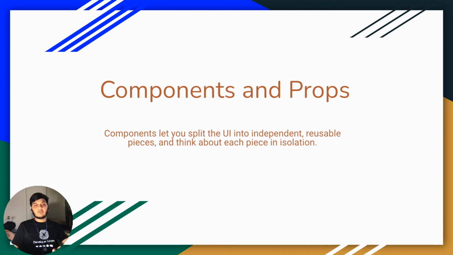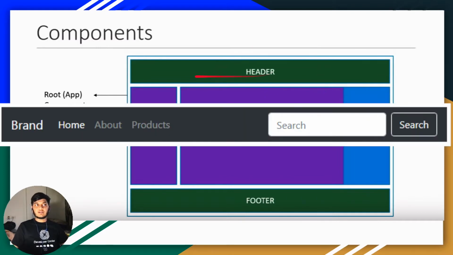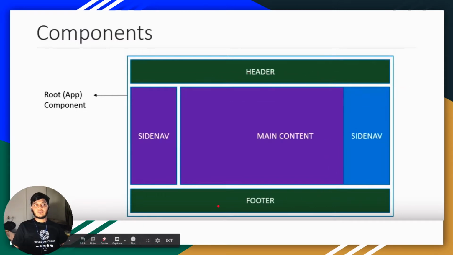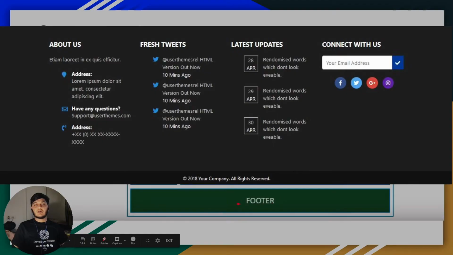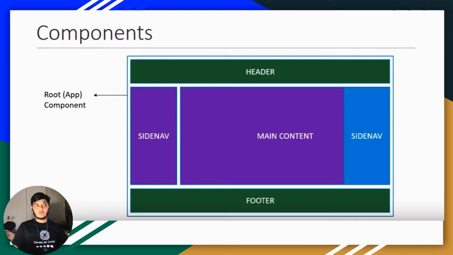Let's see one example here. Understand this as the home page of any website. Every website contains one header, which is mostly the navbar, containing links like home page and about us, and one footer, which contains information about the company and the owner of the website. These are the two components which are common in every web page. In about us, contact us, or any different page you are routing through, you have to insert both these components.